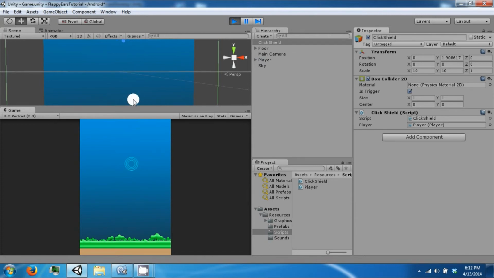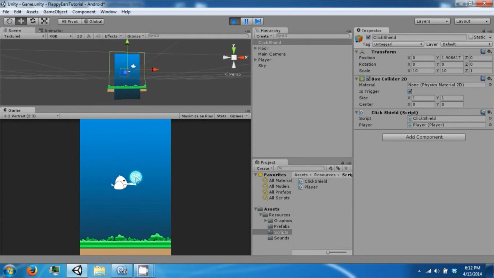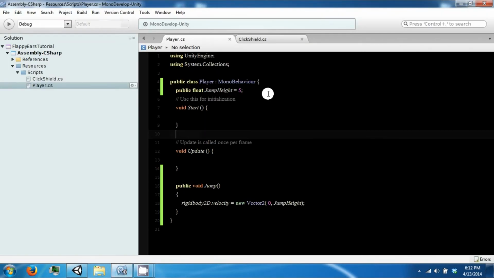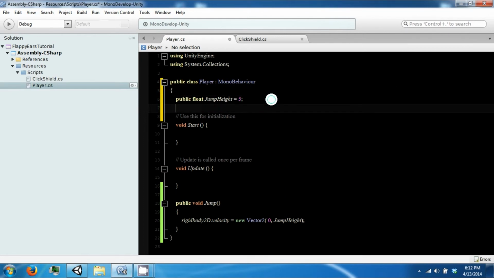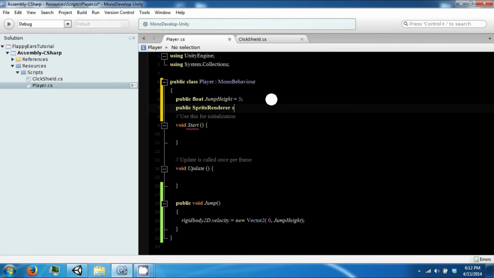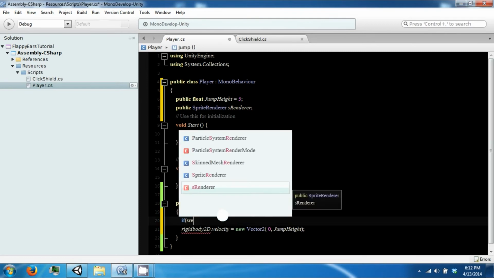So the immediate problem is that you can jump off the screen. If you keep clicking, you can just keep going up. So there is a way around this. So let's go back to the player, and we're going to need access to our sprite renderer. So let's go ahead and get a public SpriteRenderer, sRenderer. So we need the renderer to get the bounds of the player. So if sRenderer,